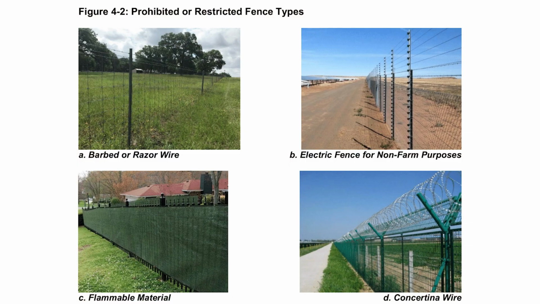Prohibited materials are what you might consider those that impose some type of danger. So fences with barbed wire, razor wire, concertina wire, a fence with an electrical current. It may have some type of flammable material. We would take a look at that. There are various exceptions for when certain prohibited materials may be used. As you might imagine, for public safety or security purposes, you may have a fence that has barbed wire at the top. So we have specific rules about that outlined in the UDO as well.